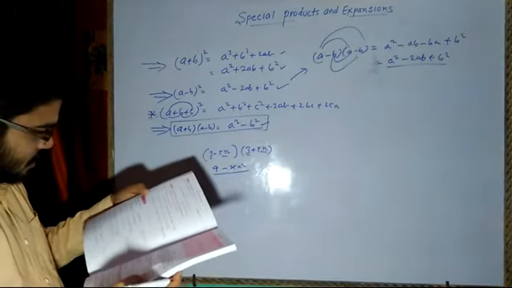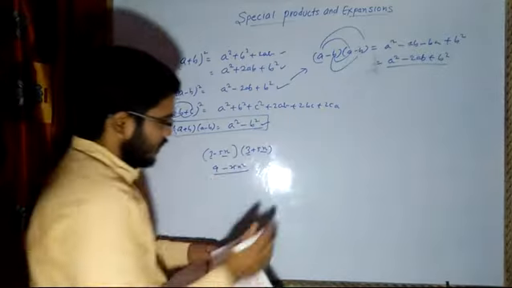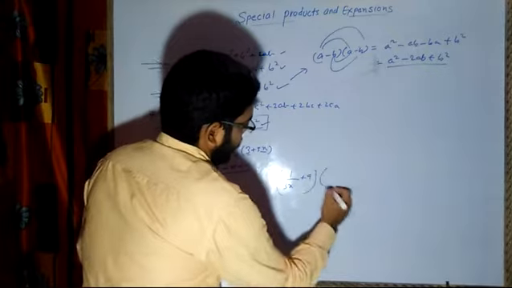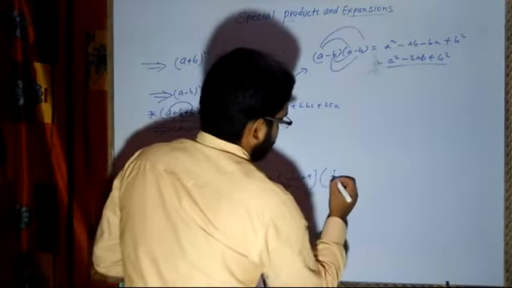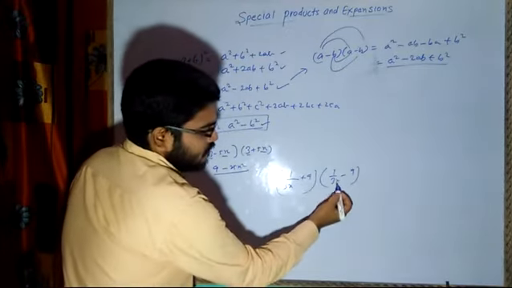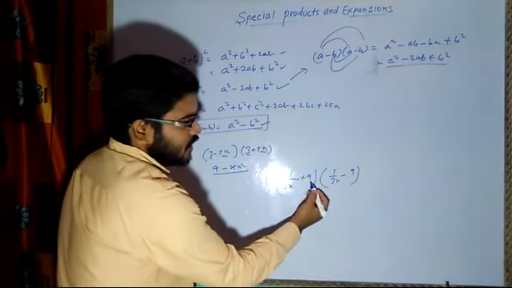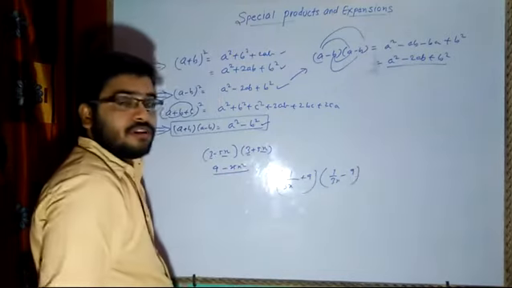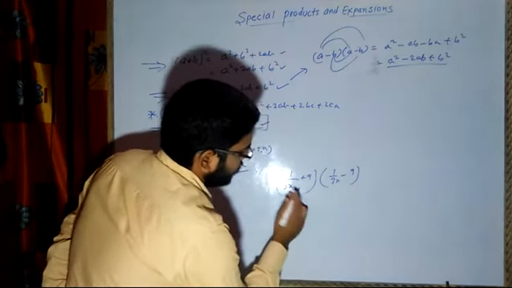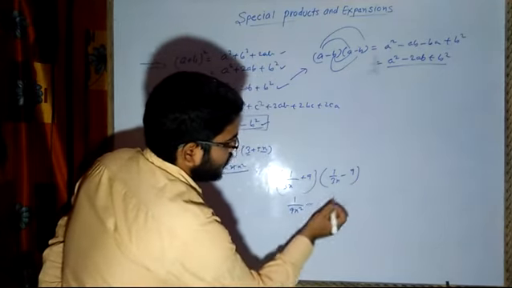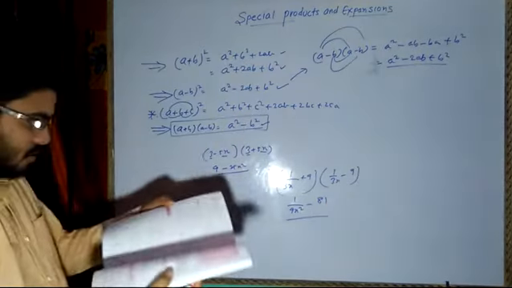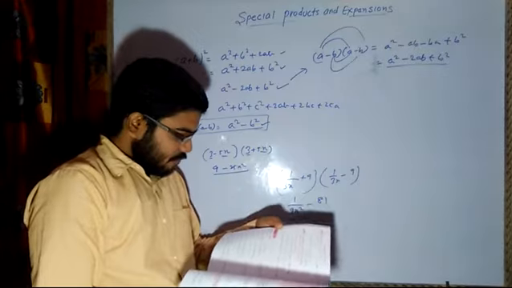Like we have another example, like (1/3x + 9) multiplied with (1/3x − 9). So again, the first term is the same, 1 by 3x, and the second term, 9 and 9. The only change is of minus and plus. So you can write 1 by 9x², 3 threes are 9, plus into minus, minus, 9 nines are 81. So this will be your answer. So in this way you are going to complete the exercise B part.